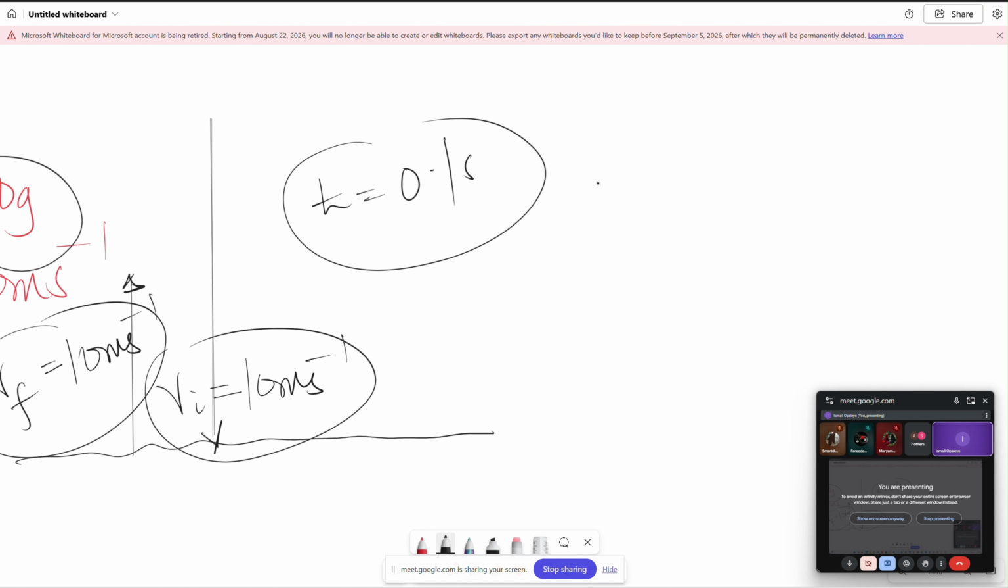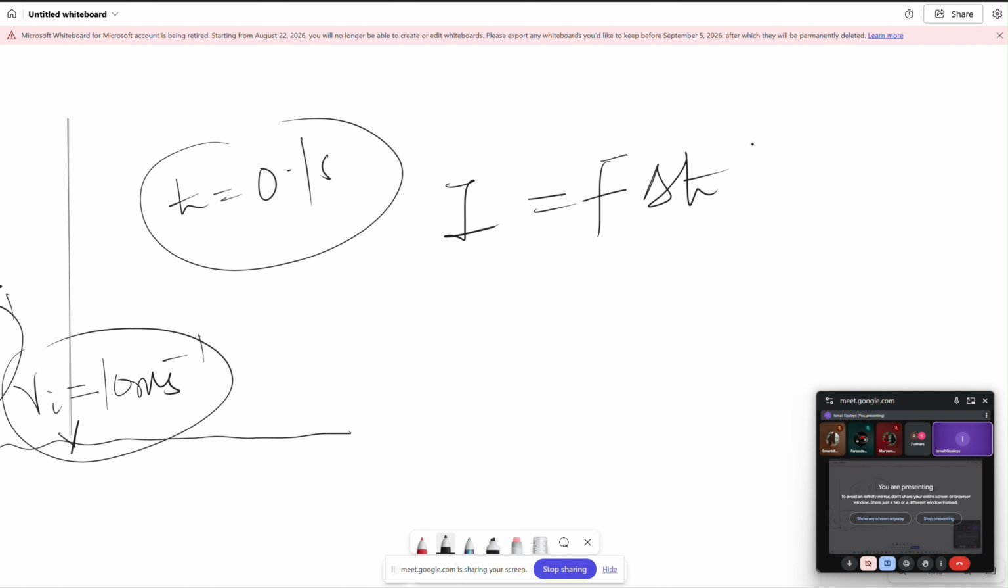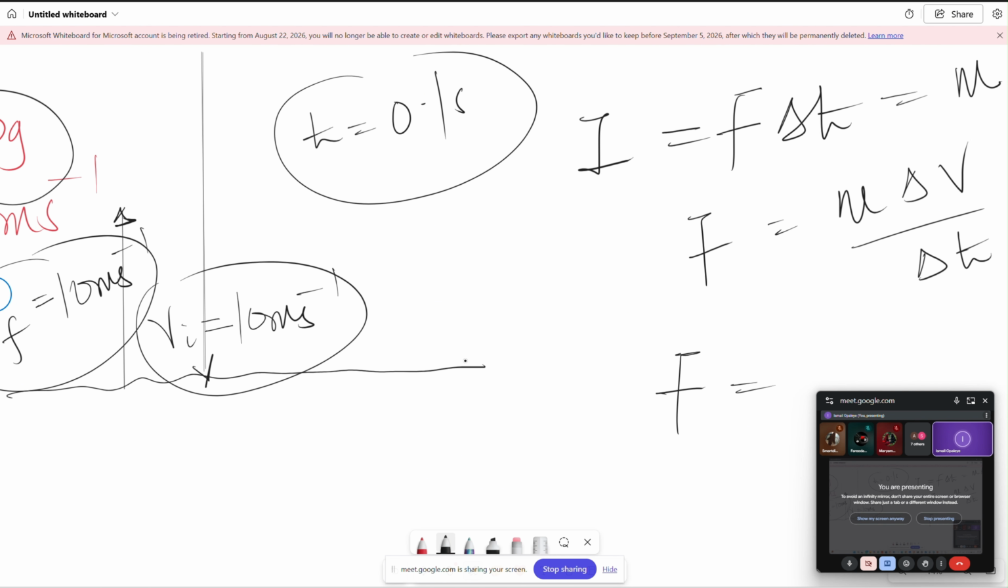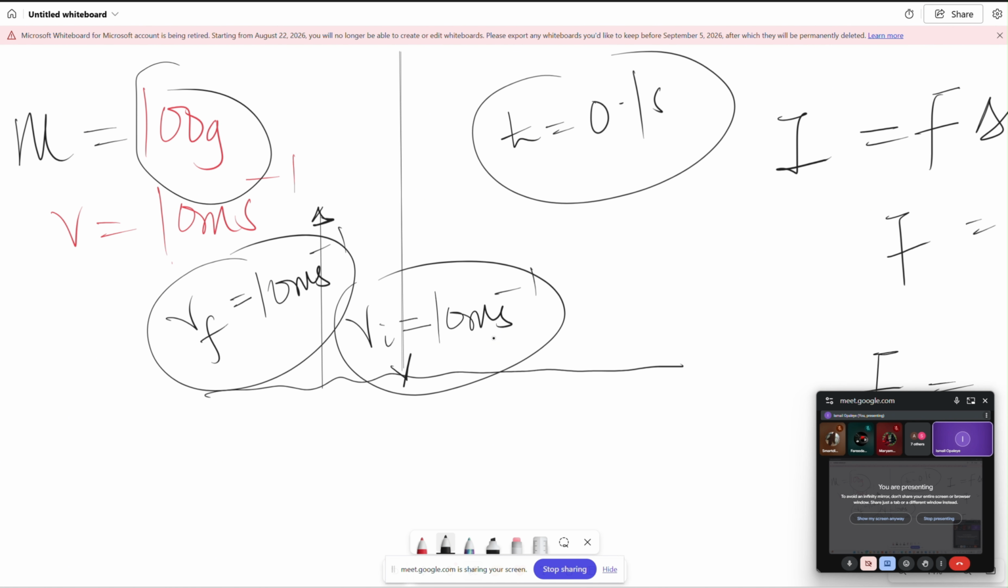So remember that impulse is equal to force multiplied by the change in time, which is equal to mass multiplied by the change in velocity. So your force will be equal to mass multiplied by change in velocity divided by the change in time. So F is equal to, now the mass here, the mass is